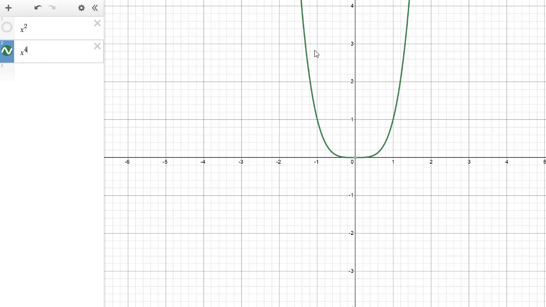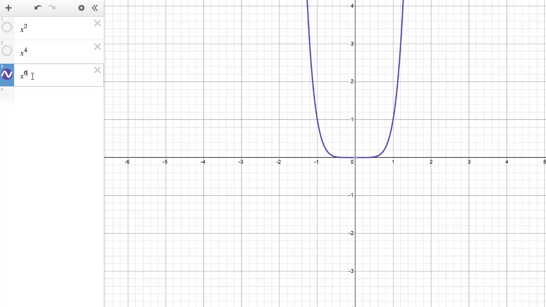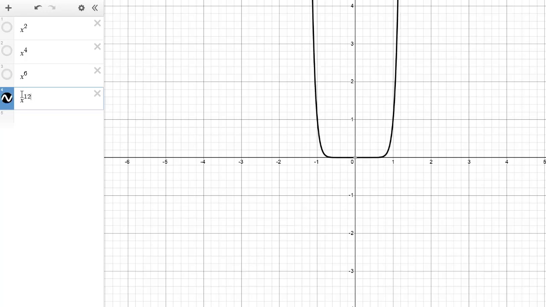Okay, it's still kind of a parabola, but it's kind of squat down at the bottom. X to the 6th. Well, same thing. It's just a parabola that's kind of squatter at the bottom, if that's such a word. And if I go on out x to the 12th even, you can see it's even more squat down at the bottom. Now, if I graph all of them at once,